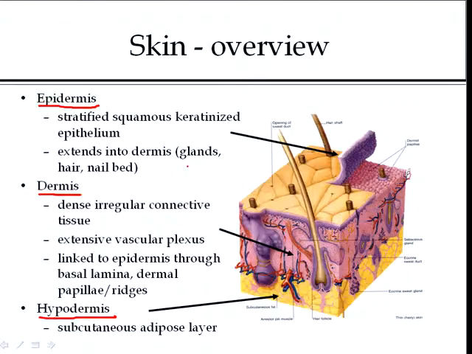The dermis itself is this dense, irregular connective tissue, lots of bundles of collagen fibers present in the dermis. It contains an extensive vascular plexus, we'll talk about blood supply a little later on, and is linked to the epidermis